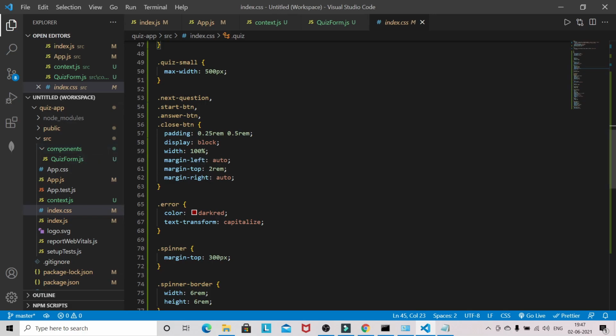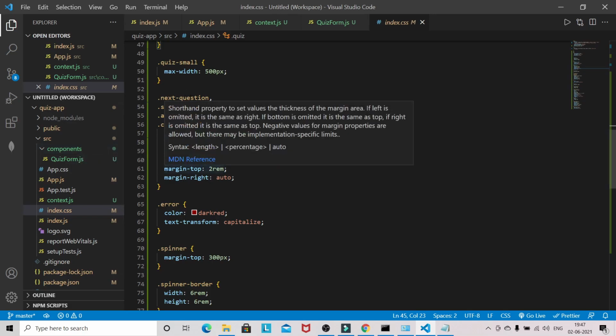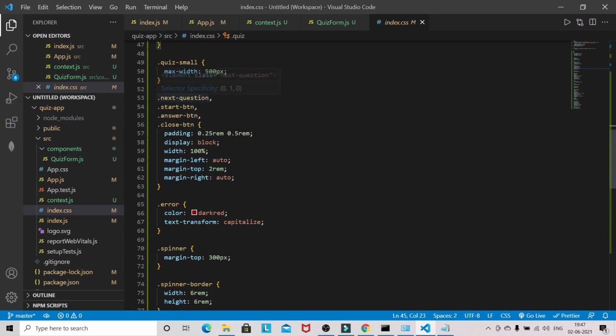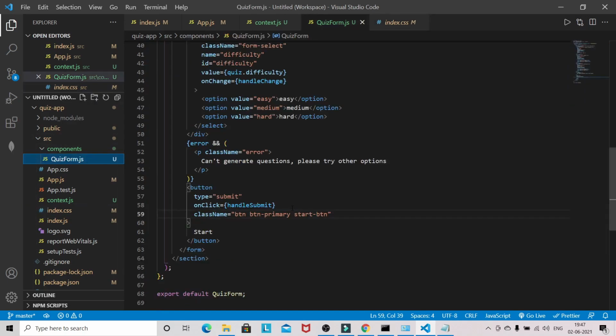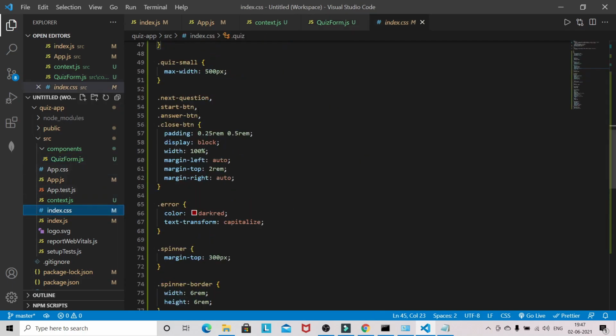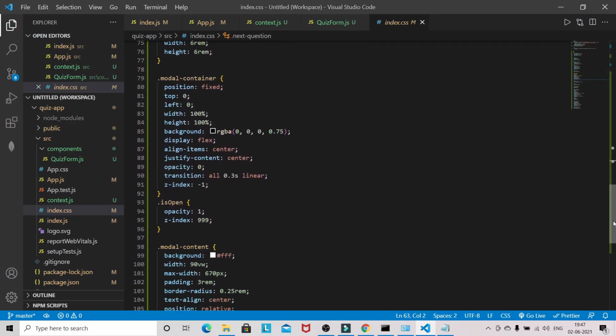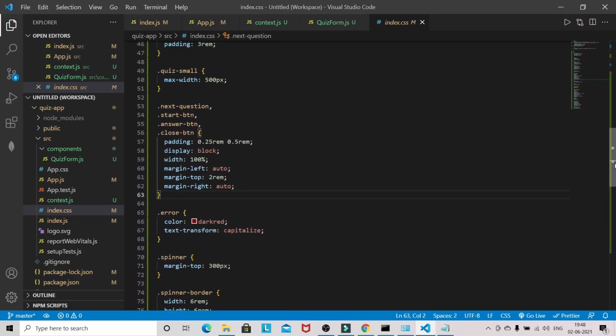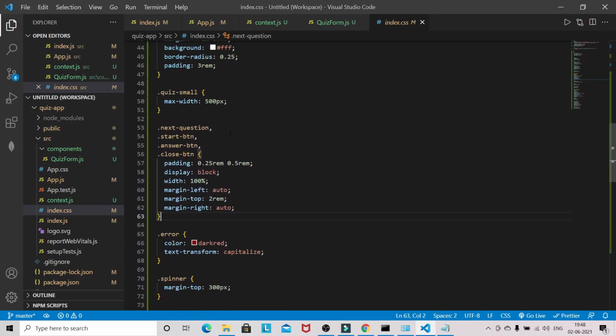So for all the buttons we have the same styling, so this styling will be using. So for home I have used the styling start btn additional styling, so you can give this styling, and for error this is styling. Okay, for now that's it.